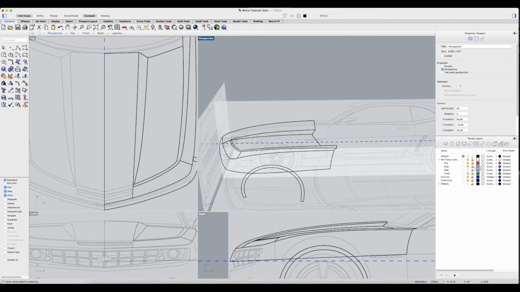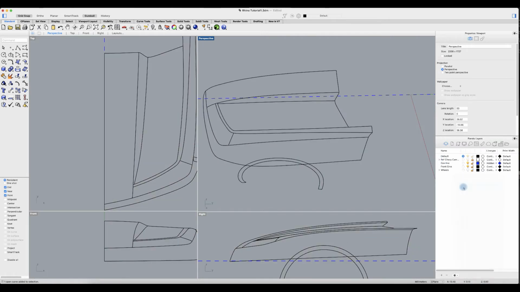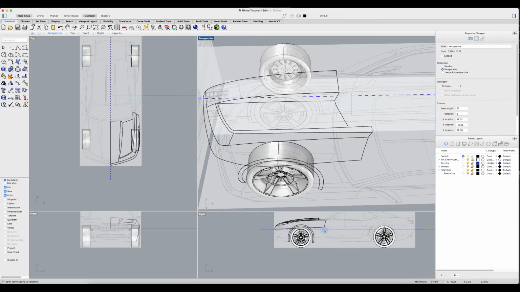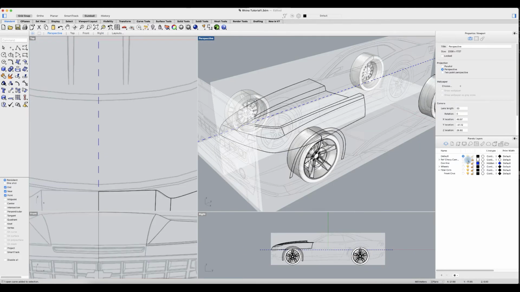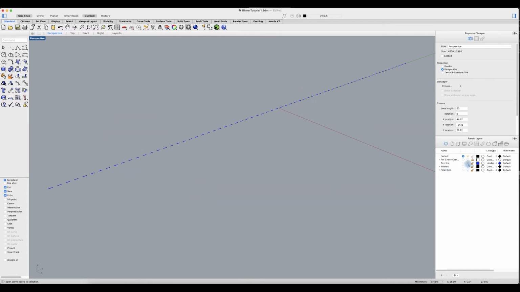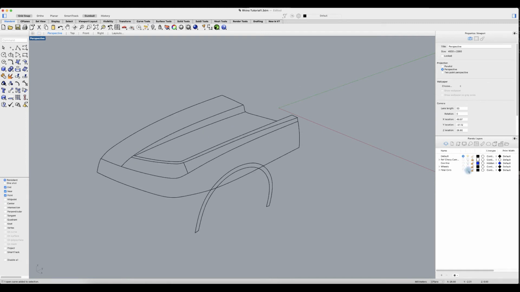So there it is. I'm going to go on and create a layer in which I am going to be placing my curves. I also added the wheels. That just helps ground the design, as you could see. What I like about this way of working, it makes your world pretty simple. You can turn off all the layers, you can turn on the layers you want, and I usually work from